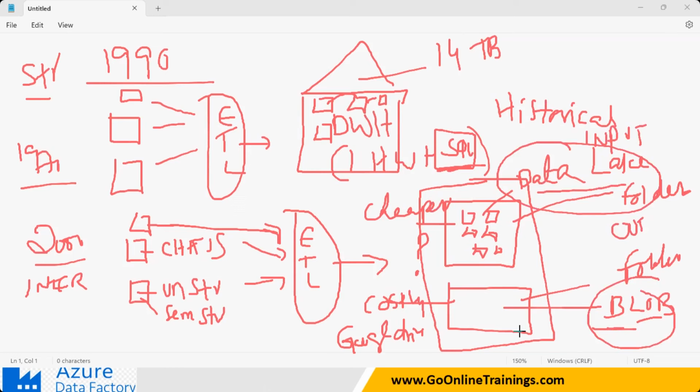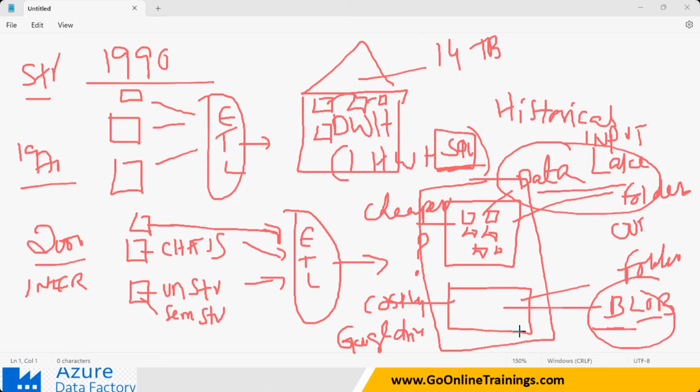A data warehouse cannot store unstructured data or semi-structured data. So that is where you need one more concept, one more storage requirement. Because of that, people had to invent one more thing, that is what is called a data lake.